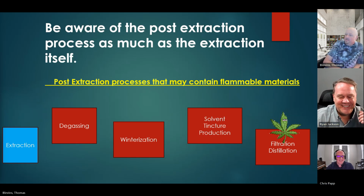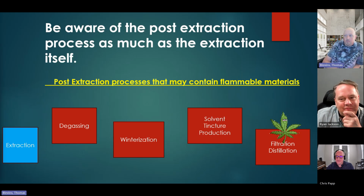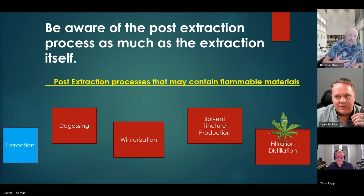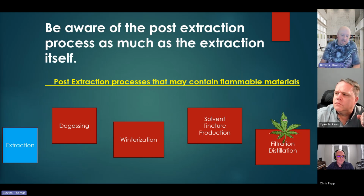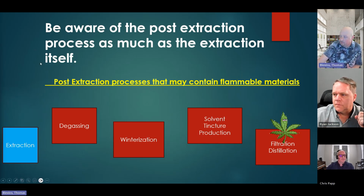But again, we'll touch on some of the post processing. I put this in front of processing for a reason. I don't want someone to be lulled into thinking, oh, this process is just ice water, I'm literally using ice water and there's nothing flammable, now go away. Because the post processing is an issue whenever you're using